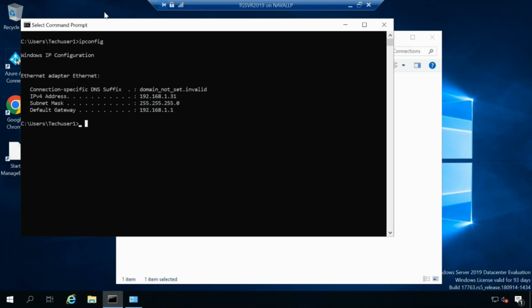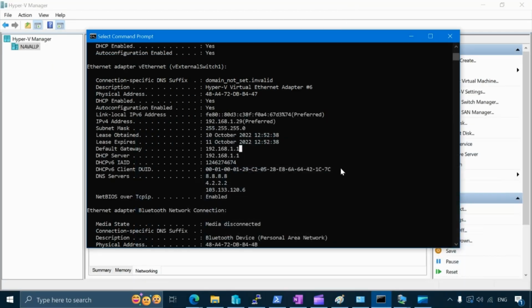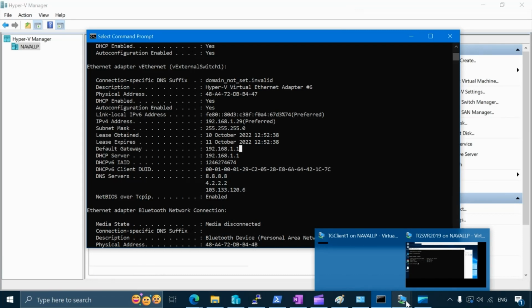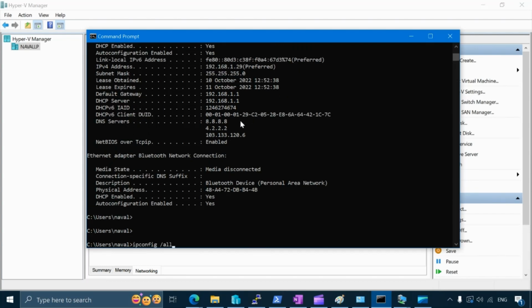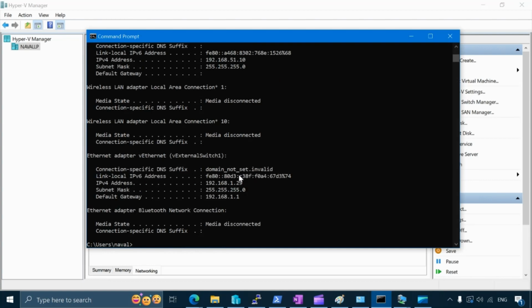Next thing we need to verify is the connectivity between the virtual machines and from the virtual machines to the Hyper-V host. So let's try to ping the Hyper-V host from this virtual machine. First, let's find out what is the IP address of our Hyper-V host. Okay, so here is the IP address of our Hyper-V host. Let's do ipconfig one more time just to make sure that it's still the same. Okay, yep, it's still the same,